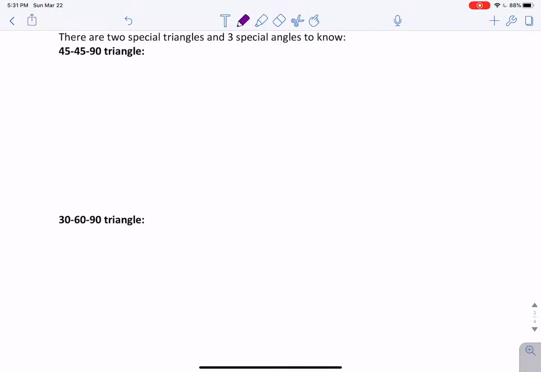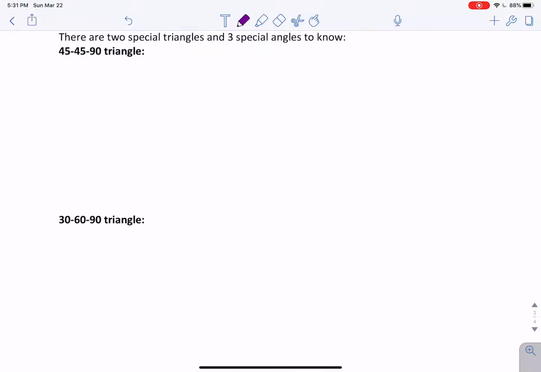Okay, so we're going to continue on with this right triangle trig introduction. And we're going to do something with special right triangles and special angles. And so we're driving the point about trig ratios being specific to angles, but not to the triangle themselves. So we get a lot of these ratios from the triangle, but they're not fixed to that specific triangle. If the triangle gets bigger or smaller, as long as the angle stays the same, the trig ratio is going